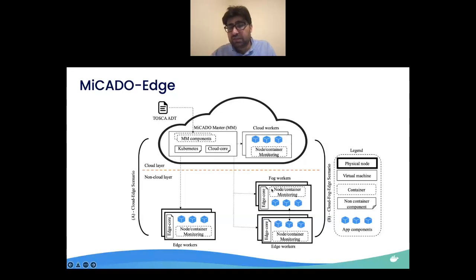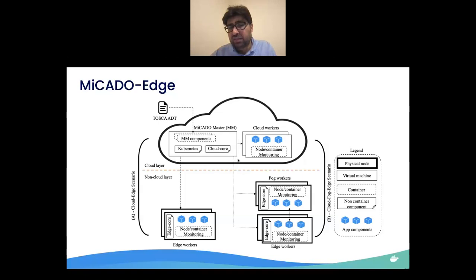However, for the non-cloud resources, for example, either in the cloud fog edge scenario or directly cloud edge scenario, for each worker node, for each physical resource outside the cloud domain, we added this additional agent, the JQuery agent called Edge Core, which is also another component of JQuery Edge.